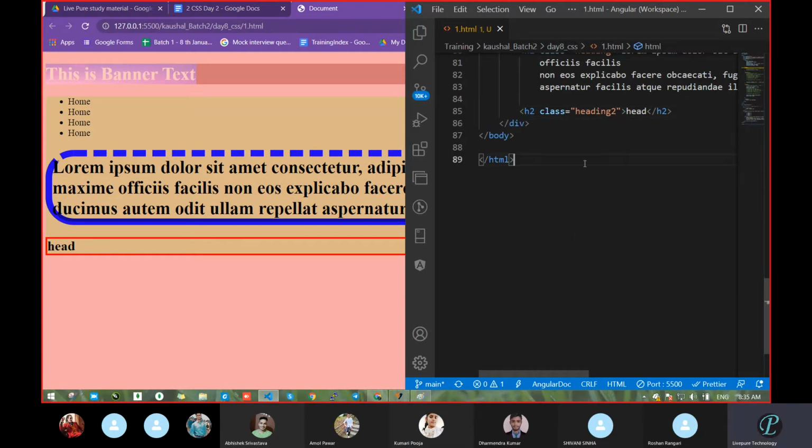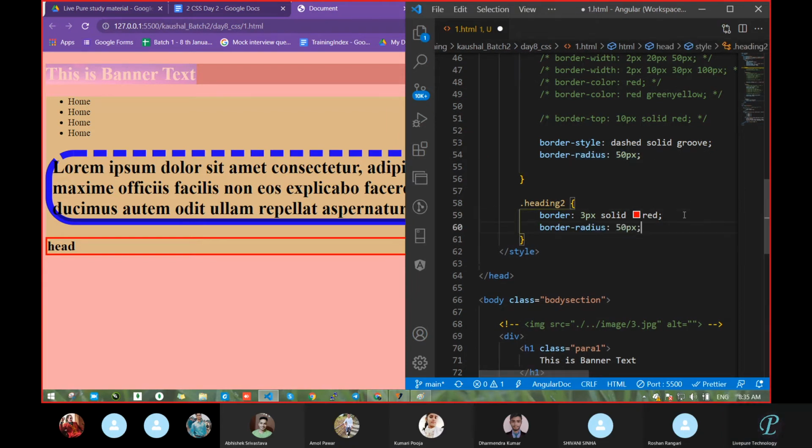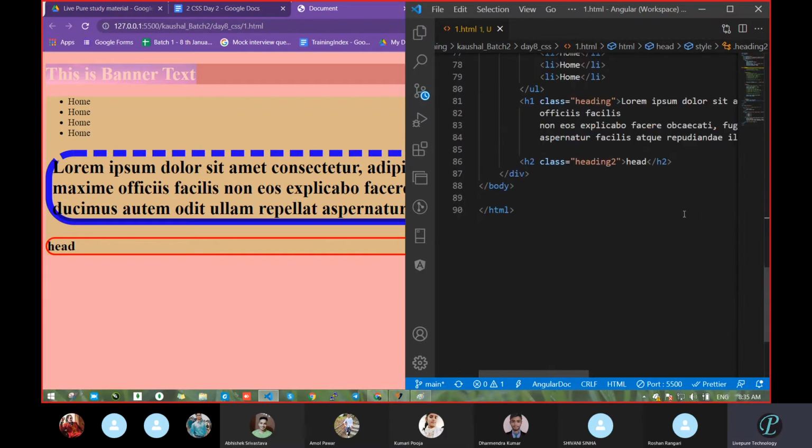Yeah, heading 2. Where is the border radius? Oh, it did not pass. Okay, which class are you telling? This one. Okay, I am showing one thing.